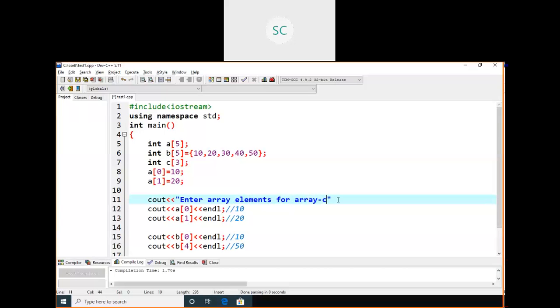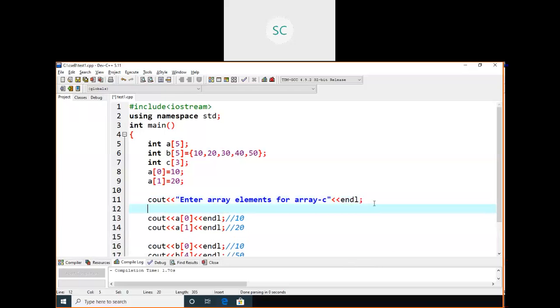For array C, I am going to ask the user to enter 3 numbers. If the user enters 3 numbers, I'm going to read those 3 numbers, right? How you can do it: for int i equals 0, because index starts from 0, right? i less than 3.